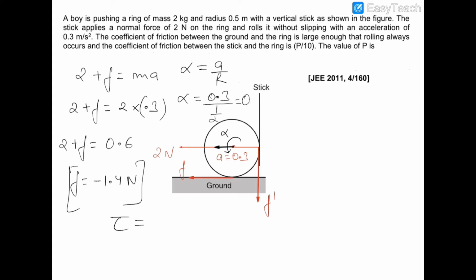So it is 0.6 radians per second square. So this is the value of angular acceleration. Now we are balancing the torque about O, which is the center of this ring. So the torque about O would be